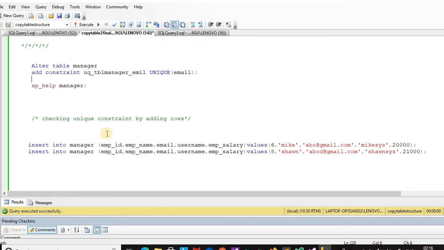So we are checking if the unique key is working properly or not. For that, we can see here we made the unique key. We have given a unique key for email. So if there is the same email,